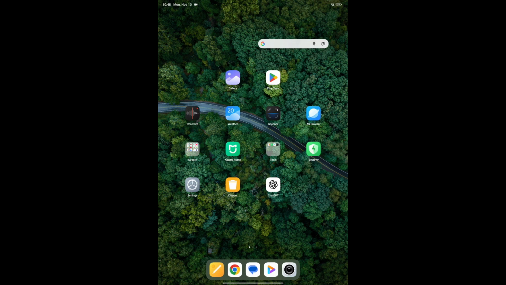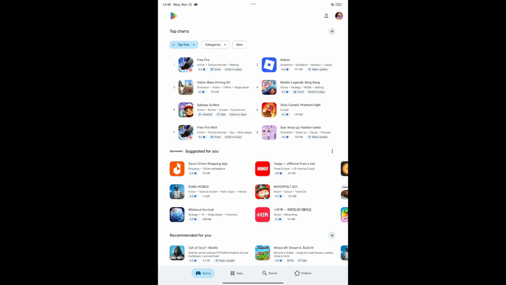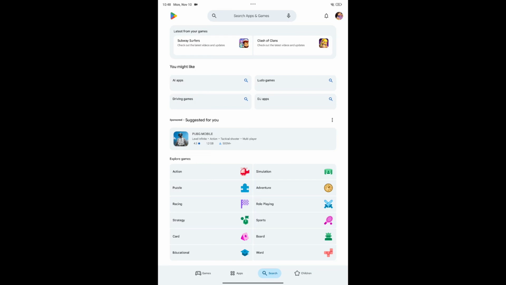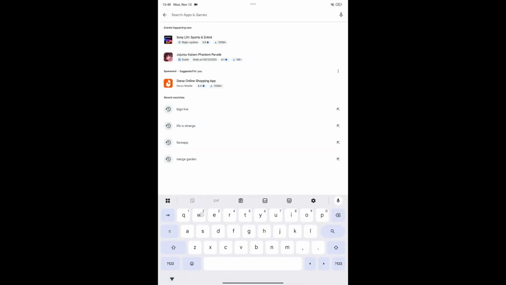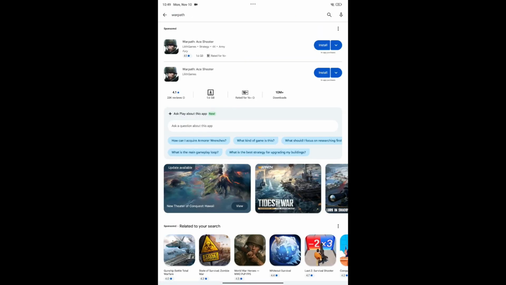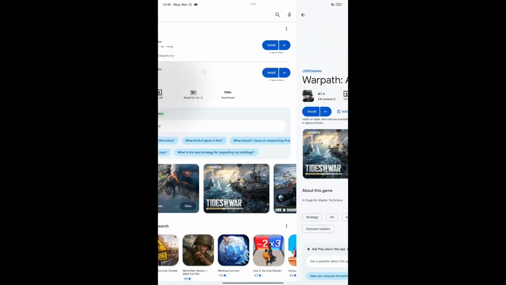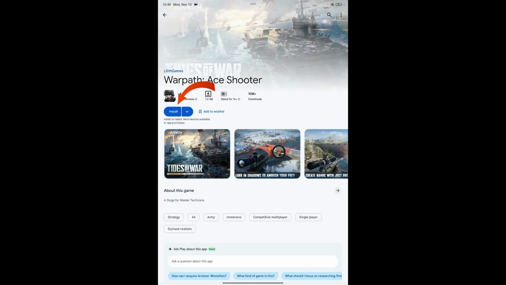First of all, open your Google Play Store on your Android device, whether you are using a mobile device or a tablet. Tap on the search icon at the bottom of the screen, and in the search bar at the top, type in Warpath and search. Now, in the search results, look for the Warpath 8 shooter and tap on the install